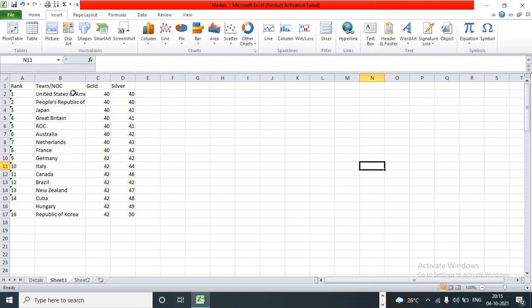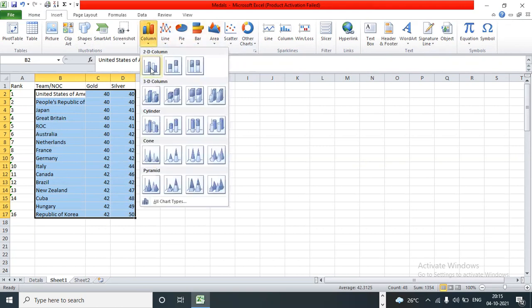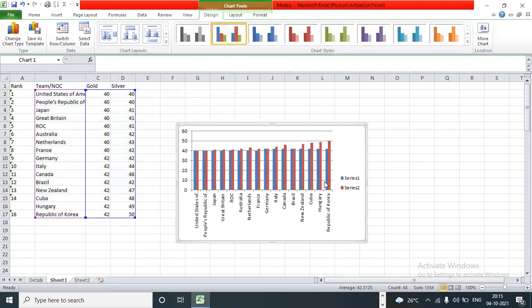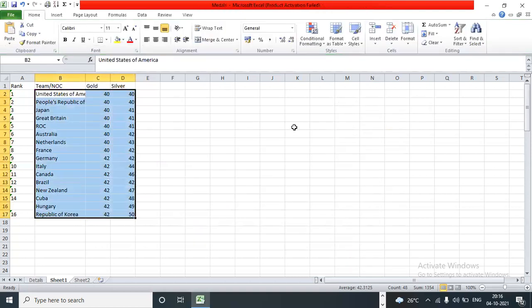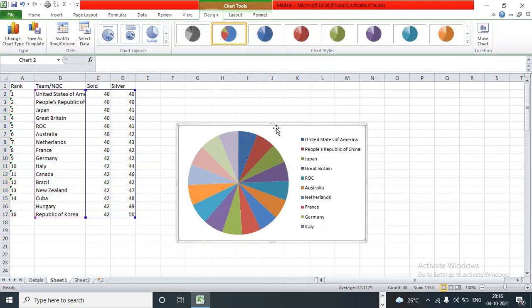So now if you want to create any graphical representation, just go to insert. Are you looking for bar charts or pie charts, and which bar are you looking for? Can we try with this particular bar chart? Yes, sir. Okay. As soon as I select this data, can you see all the graphs? Yes, sir. If you align it in a proper way, it looks better. I'll show it to you in later classes. I'm just trying to show how we can create different kinds of graphs and what the uses of Excel are. Now, if you want to create a pie chart, just select the pie chart. Can you see the pie chart?